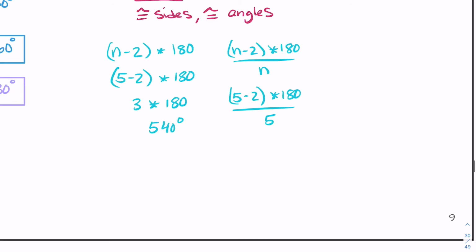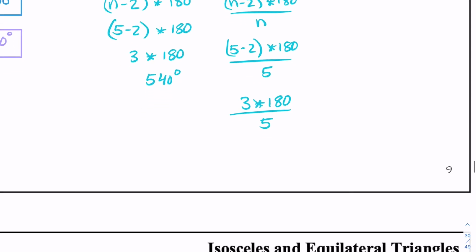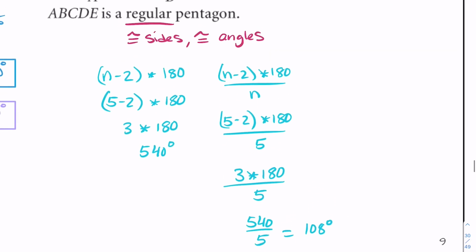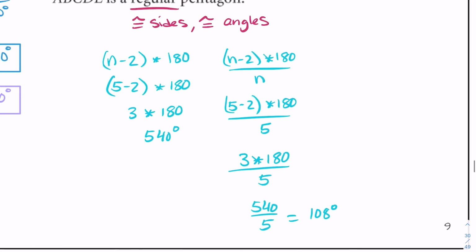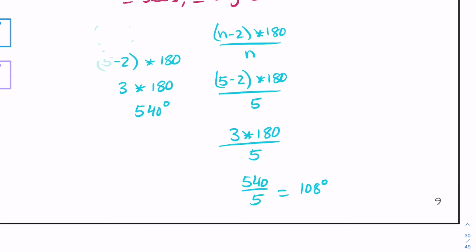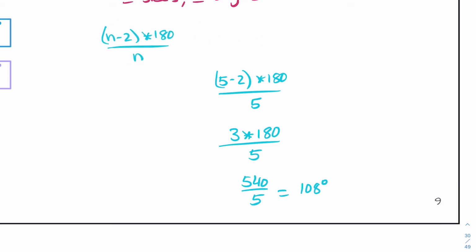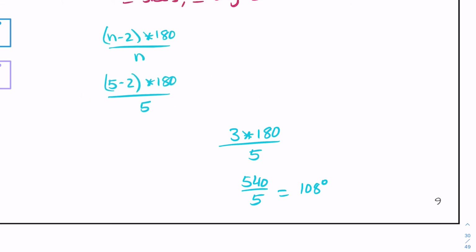So what we're going to do is 3 times 180 divided by 5, which again, we're in the same spot. So we could have just done 540 divided by 5. And what that's going to do, 540 divided by 5, gives us 108 degrees. So I really didn't have to go down this whole step. What I should have done was, instead of doing this information here, I should have just divided it right away by n, and that would have given me